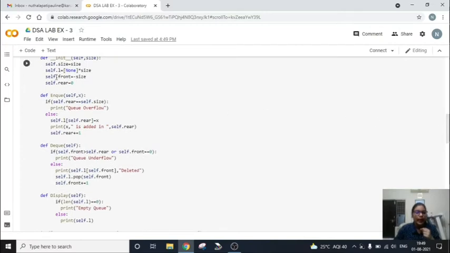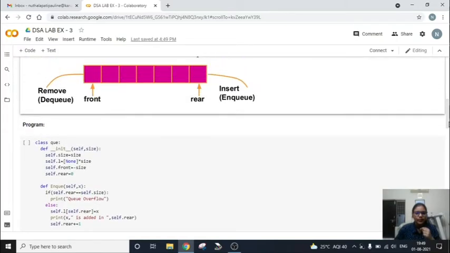For that, I have initialized front to minus size, which means if we give the size of the array as 3, the front will be equal to minus that size and rear will be 0.